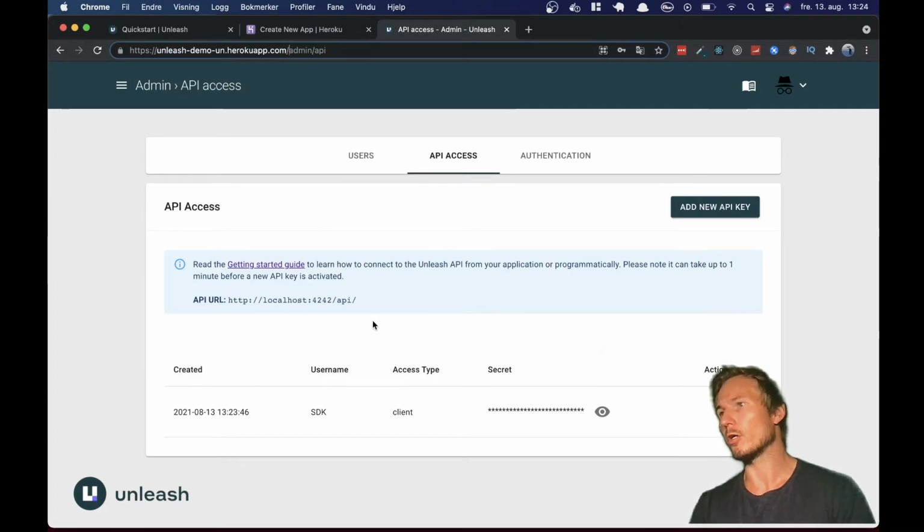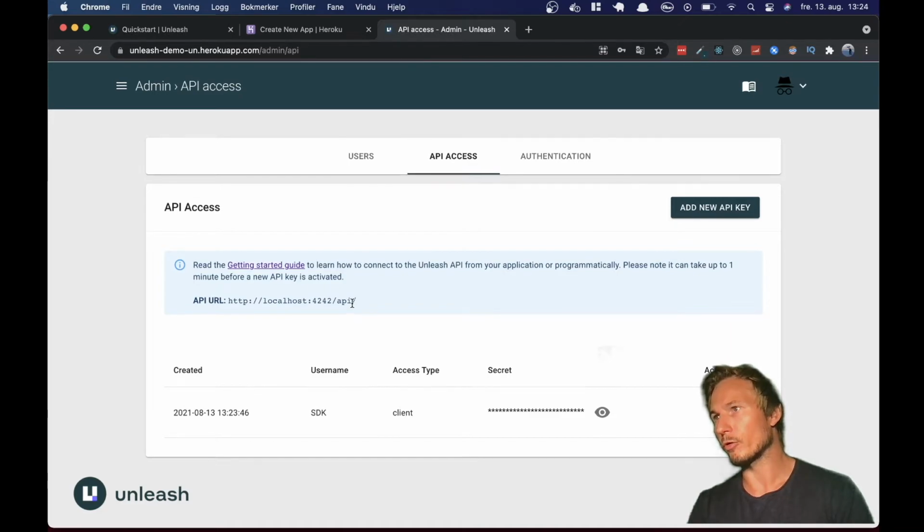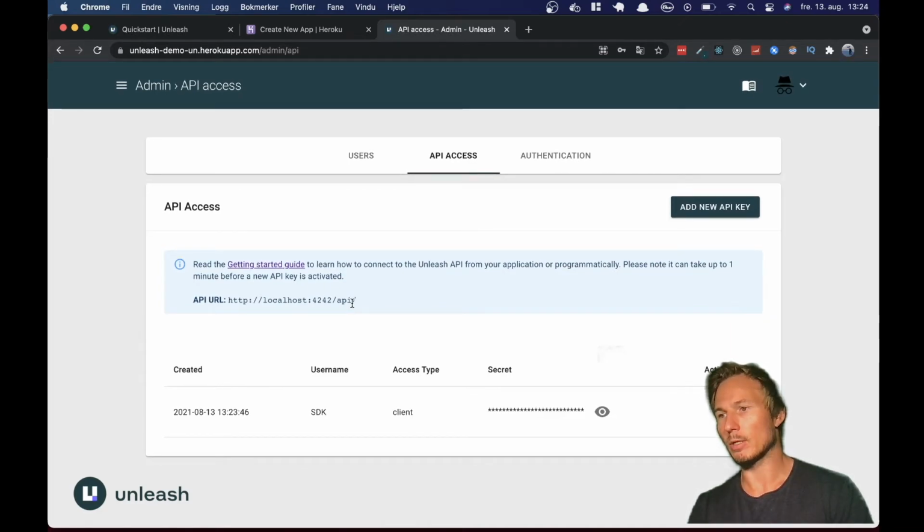And that's one gotcha with this deployment. You'll see here, it says API URL localhost:4242. And the reason that's happening is because we need to get that from an environment variable, and there's no way to inject that into the Heroku app. So if you want to have the API URL that is displayed here correctly, you need to go ahead and copy your